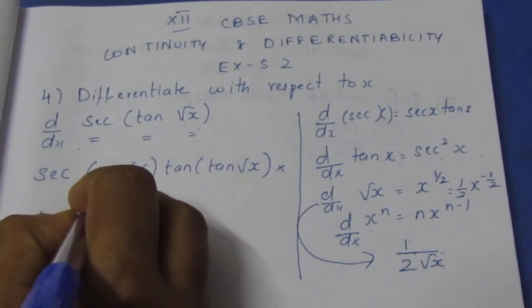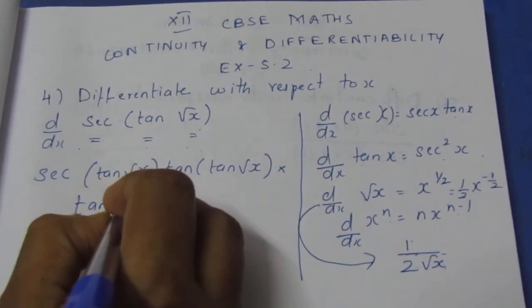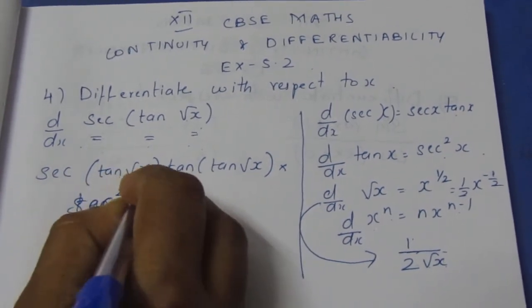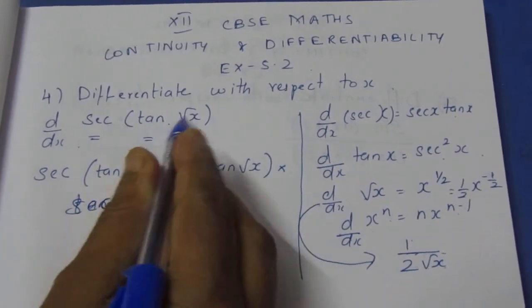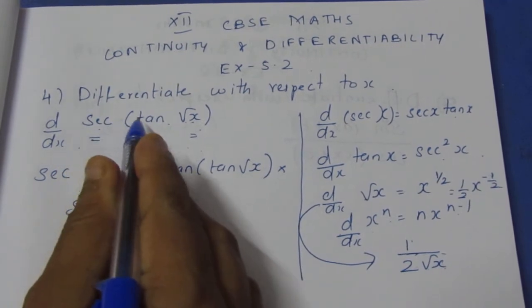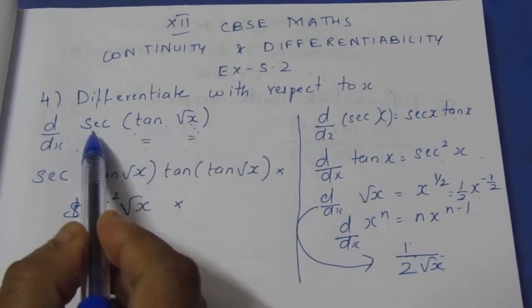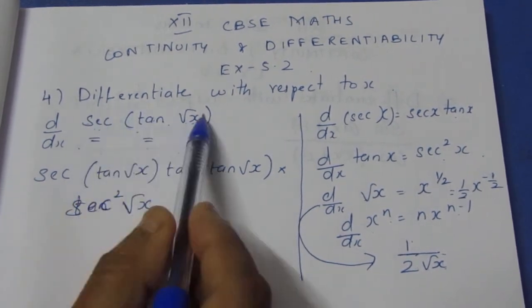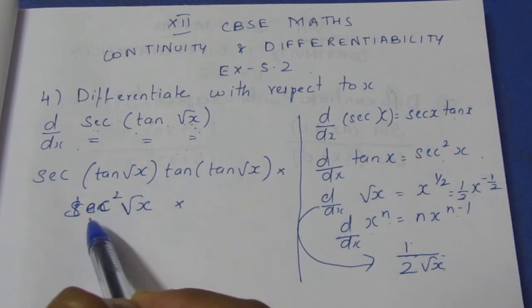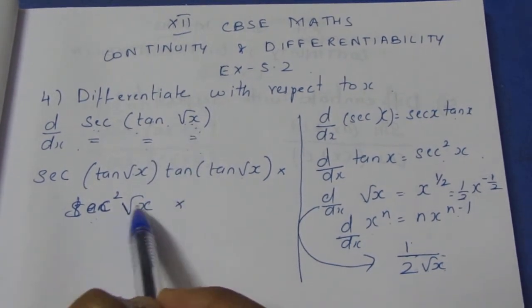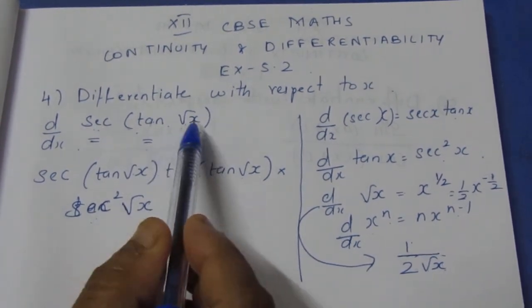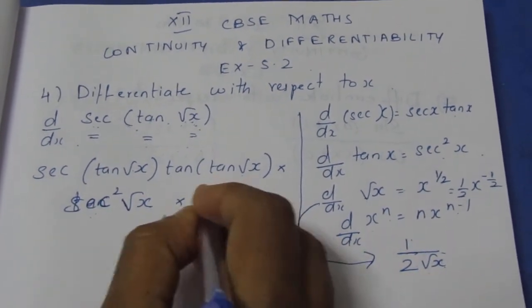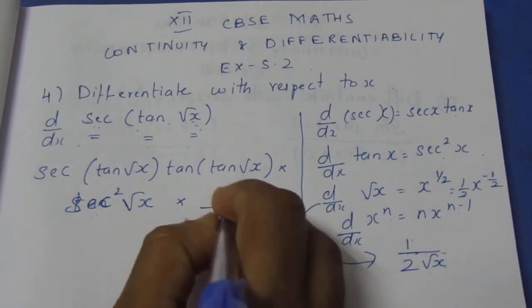In the place of x write secant square root x. Again for root x, this we have completed. Now while doing this, write it as it is. While writing tan, don't think of secant or root x, just write the value of tan root x to be secant square root x. Now for root x, while writing root x, don't think of this 2. Now root x is 1 by 2 root x.